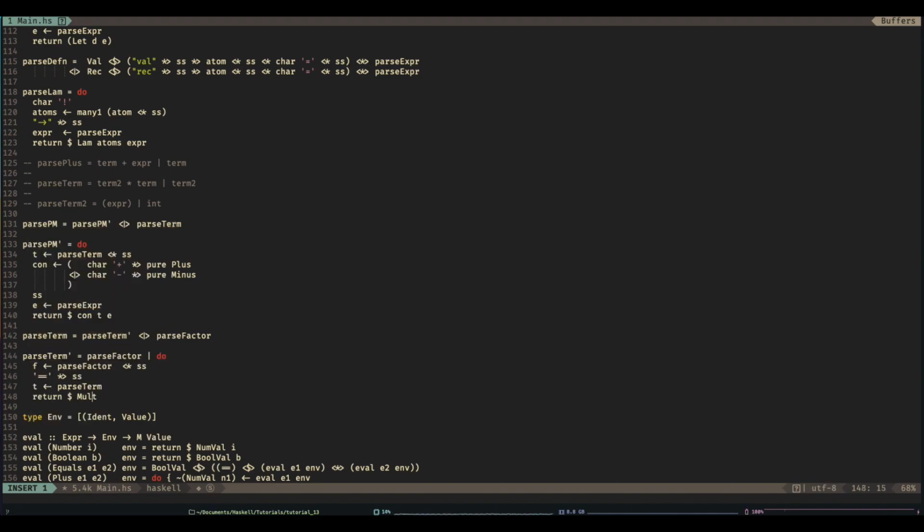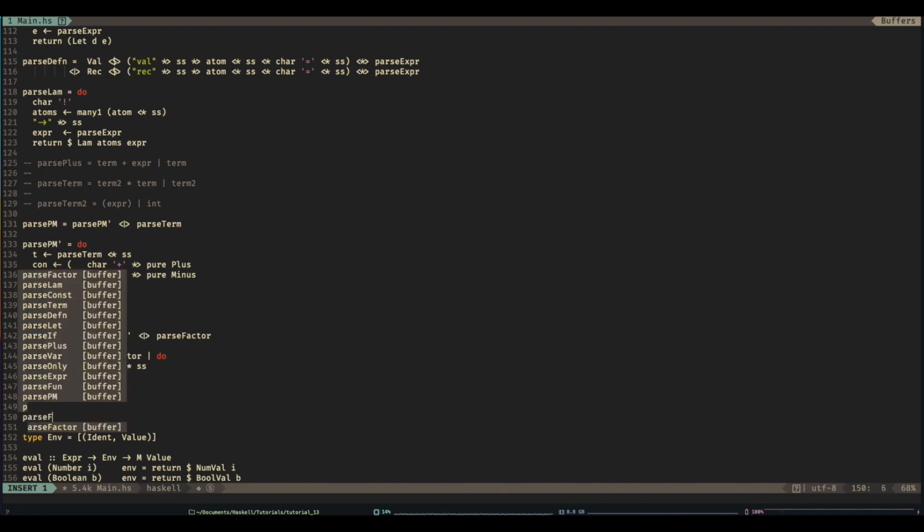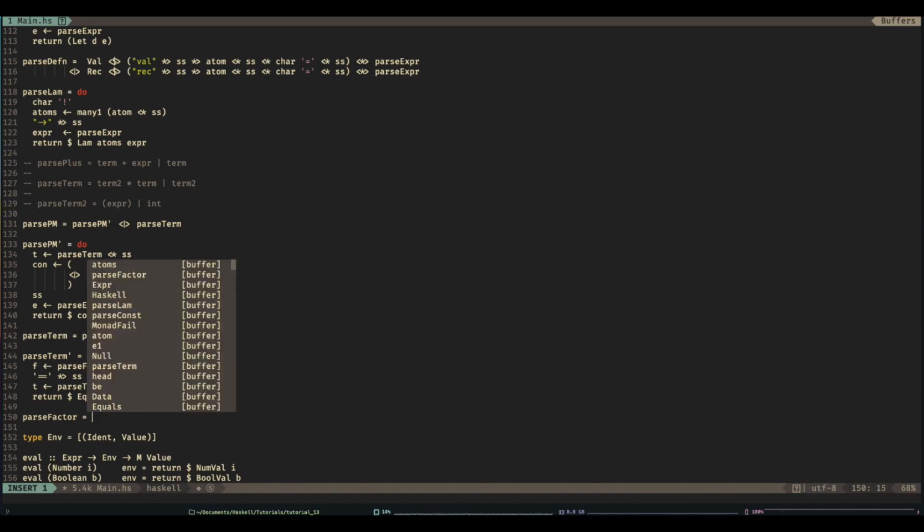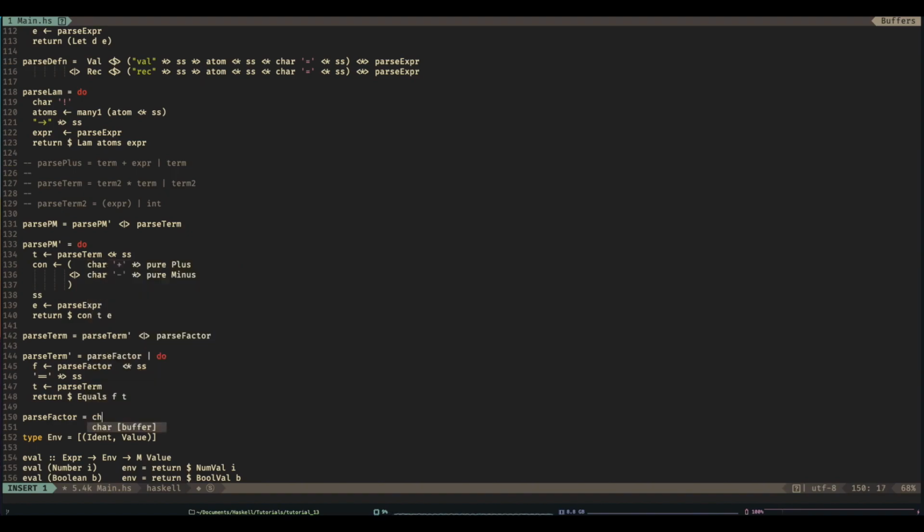Equals equals. And we have return equals and then f and t. Okay. And here, that'll be fine. Parse factor is going to be this one, easy enough. So char open brackets, parse expression,